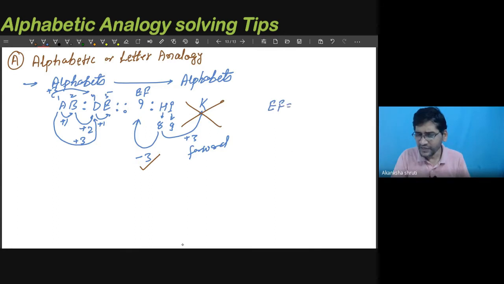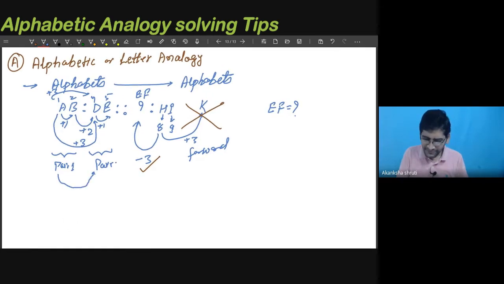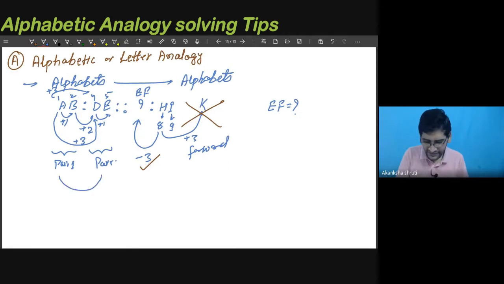So this way we can quickly save time. It was an easy one, so you may observe A, B and E, D quickly. But whenever the relation is bigger or complex, this technique is very useful. So what are the various types of questions framed? Very first, here we have observed an alphabet related with an alphabet. So first we have to search for the relation of alphabets in the first pair and the second pair, and the first element of the first pair we need to relate with the first element of the second pair. Means we have to search alphabet by alphabet relation.